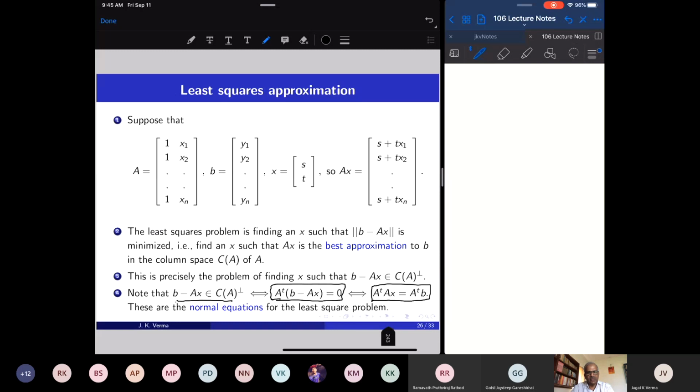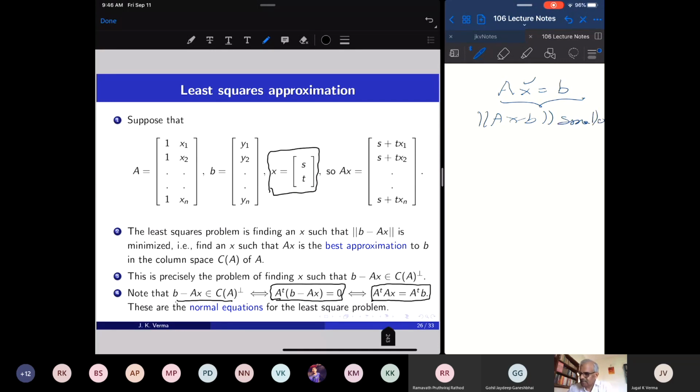So these are the normal equations which you have seen before. A transpose Ax equal to A transpose B. We were actually trying to solve for x so that Ax is equal to B, but there may not be any x satisfying this equation. To solve for x means you find the straight line, these parameters, so that Ax equal to B. But in practice, Ax will never be equal to B. So our best bet is to find an x so that the norm of Ax minus B is smallest.